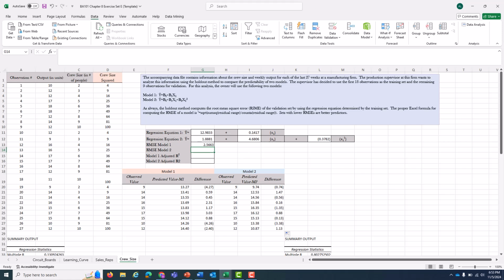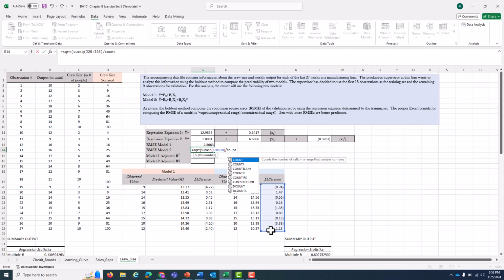And to do that, I am going to start my formula up over here in the cell. This equals the square root, SQRT, open a parenthesis, of the sum squared, open a second parenthesis, SUMSQ, of the range that I'm working in. That's going to be all of the residuals that we have in column J, so this is J20 to J28 in this guy,